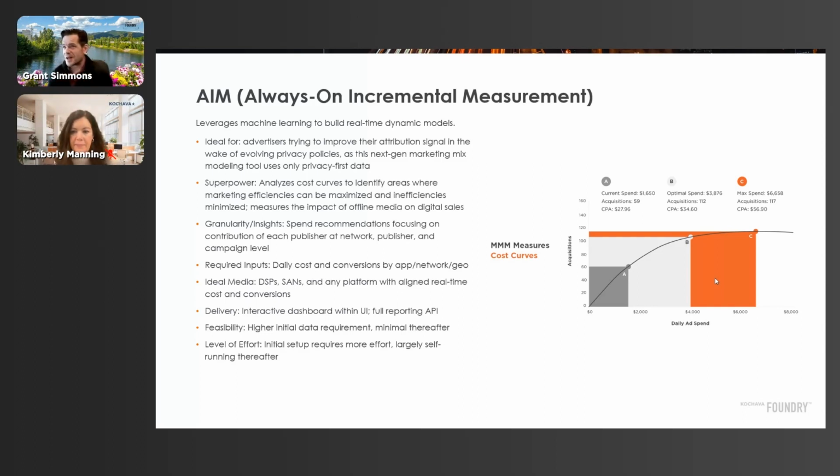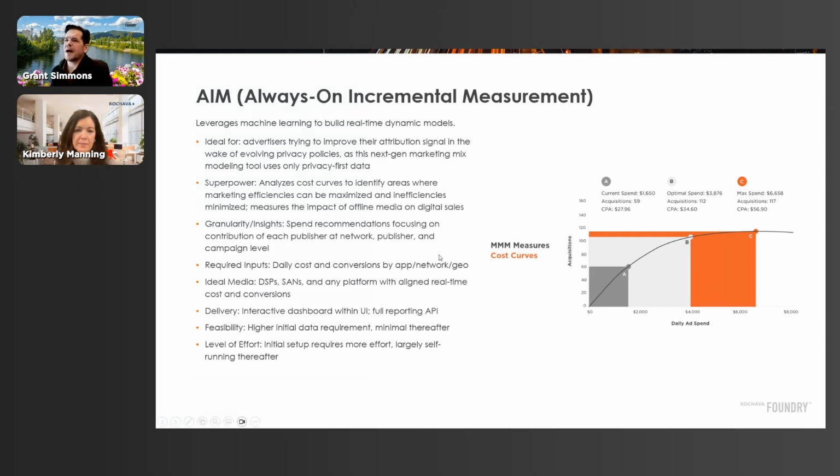We use it to train the model a little bit, but the meat of the model is largely based on cost and conversion inputs. This thing's pretty neat. I encourage folks to get in touch. I'm not sure there's any solution that's future-proof out there, but this has the two signals that I would expect advertisers to be able to maintain ongoing, which is how much am I spending, and what's my overall conversion record in my shop within my view. And if you have those two things, we can build a model.